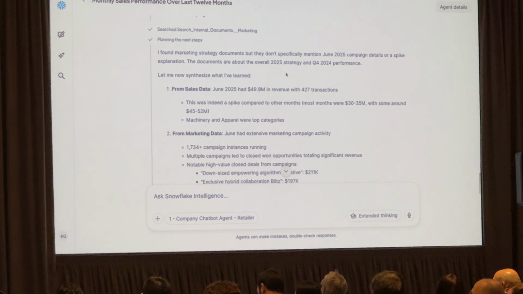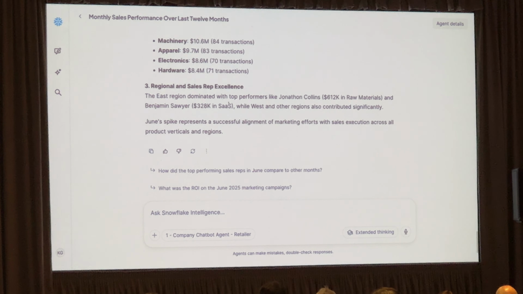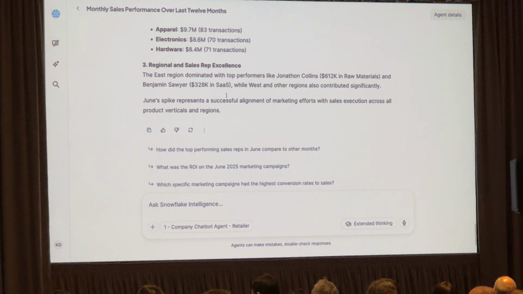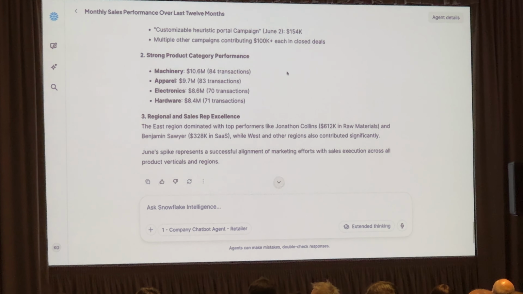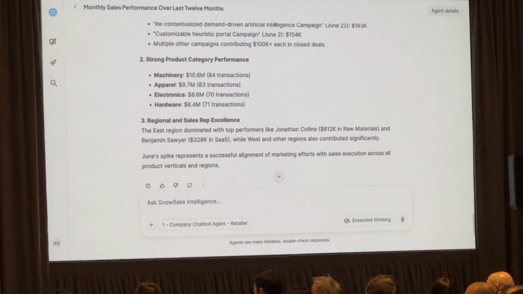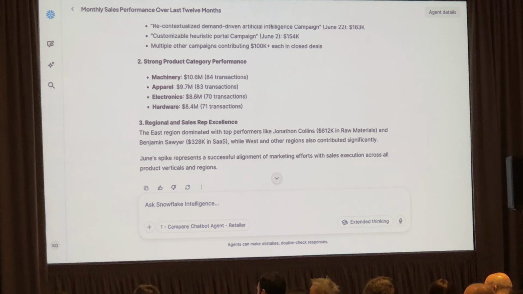So ultimately here we see the summary of all of the different results. And when I was working on this demo and ran this earlier, I was thinking, this didn't look at the unstructured data the way I originally wanted it to. So what I did, and I'm going to jump over into our agent's developer UI, which is really small, and show you the orchestration instructions that are present.